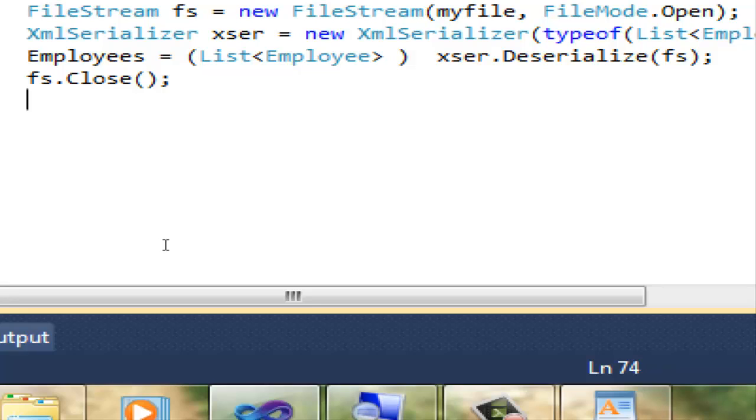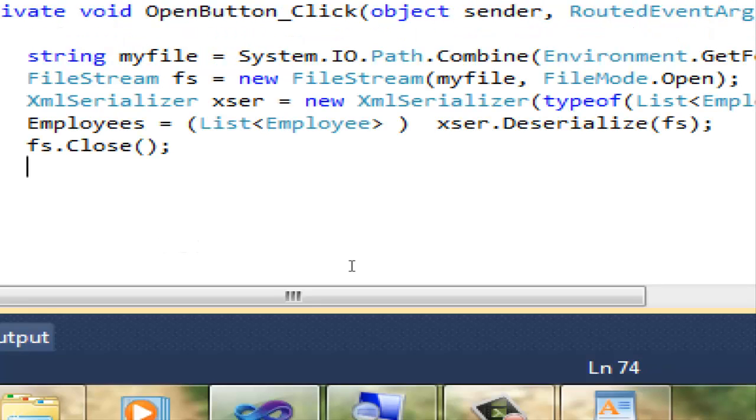You open the stream and you just close the stream. It's as simple as that. You create a stream in the open mode. You create a serializer, ask it to deserialize. And that's the end of it. You got the entire employee list back, but the thing is, what do you do after this? After doing this, you need to allow the user to